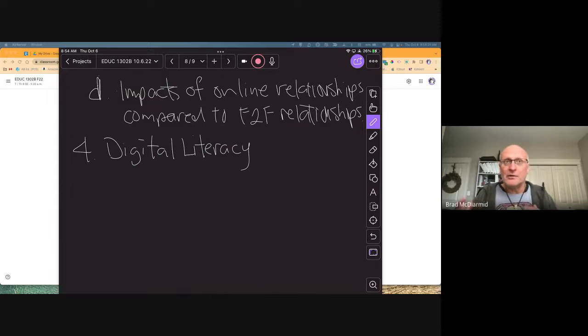We have to focus on literacy. We think about reading and writing and the skills that go with being a literate person. Well, it's the same idea with digital literacy: there are skills that we need to know to navigate our lives in this digital environment, which is no different than the literacy skills we need in our paper-based world, right?